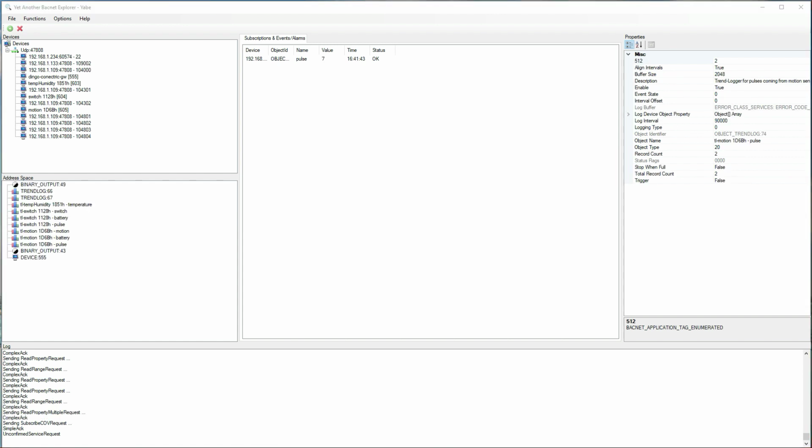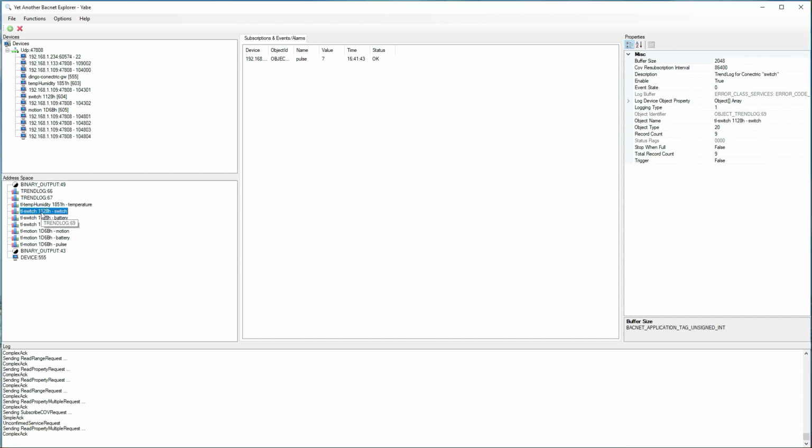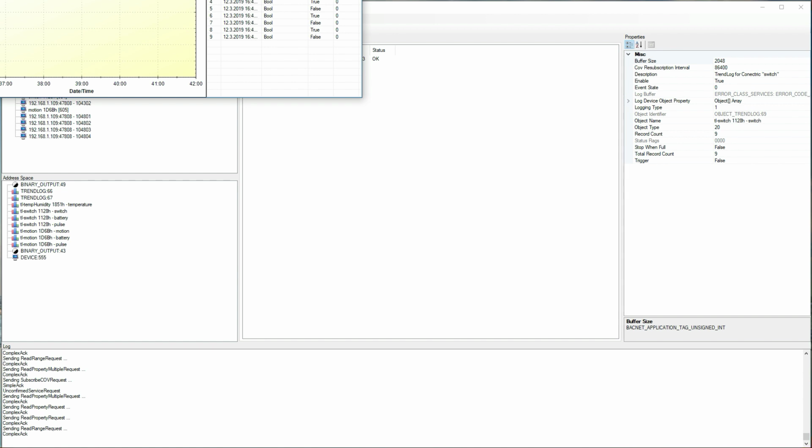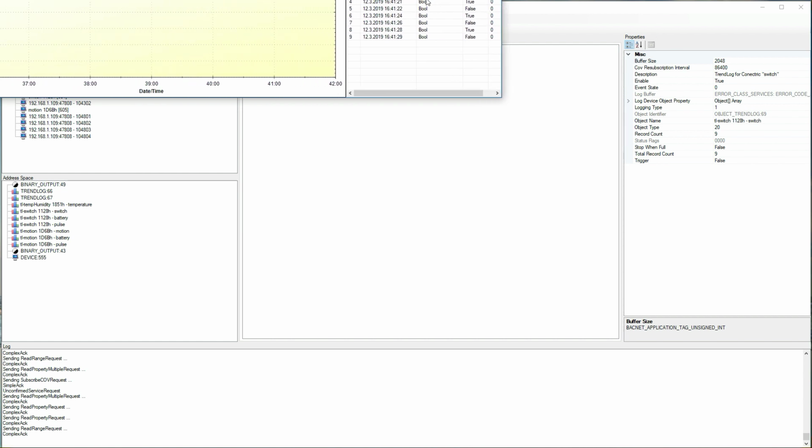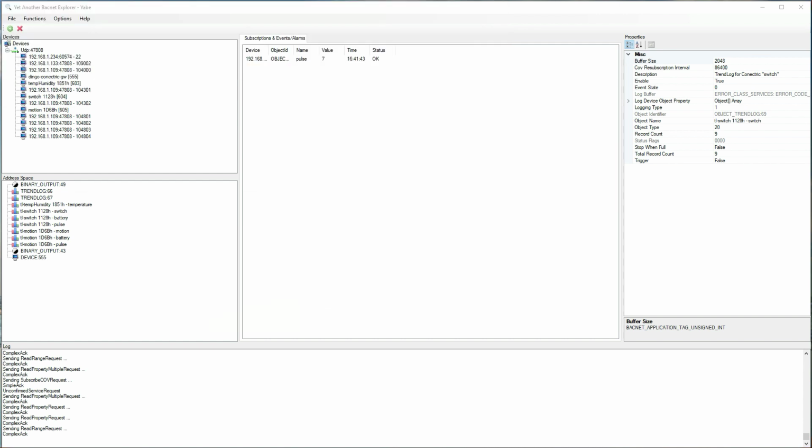Let's view one or more trend logs here. Let's take, for example, the trend log switch and say show trend log. What do we have there? We have 2 status records at the startup, and then we have false, true, false, true, false, true. As this is logged by COV, it generates an irregular time-based time series. So that shows in quick steps how the auto configuration works, and next we will show you how the auto configuration from BACnet to